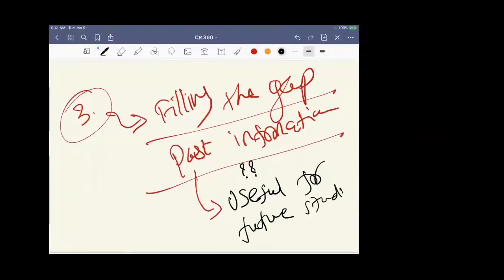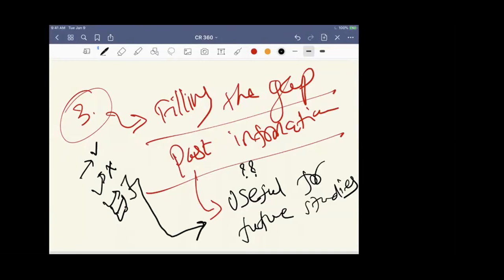So basically you are telling them that this information was there, this information was missing. Now we want to find out these one, two, three missing pieces, or one or two missing pieces of information. And if we find out, it will help either to mitigate the risk or to have more information on this particular condition, or will reduce the cost burden, or will reduce the healthcare utilization, whatever. But how it will be useful, that will be the part of your paragraph number 3, how it will be useful to future studies.